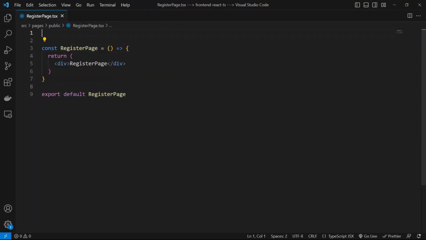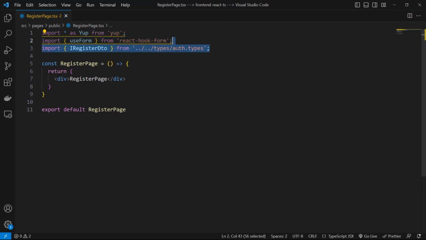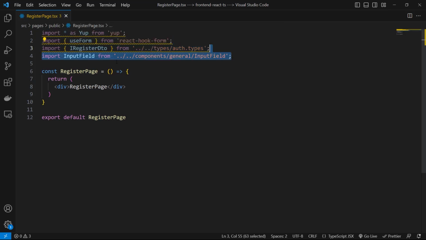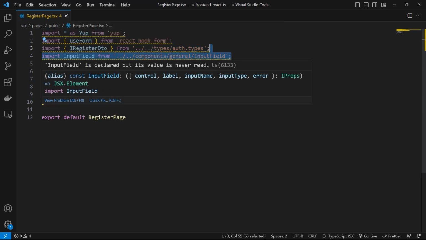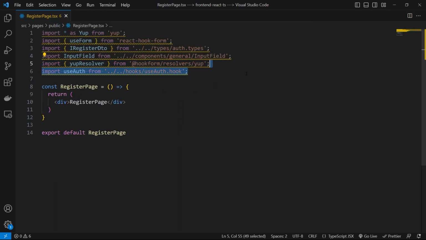And here, first, let's import all of the components we want. So we need to import * as Yup from Yup, and also we need to import useForm from React Hook Form, and also we need the IRegisterDTO from the types that we created previously, and also we need the input field that we just created, and also we need the yupResolver and the useAuth,